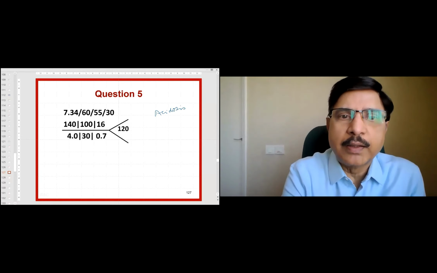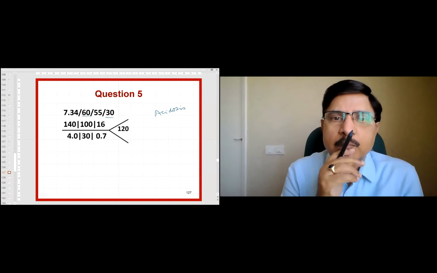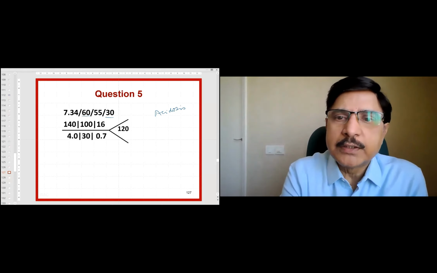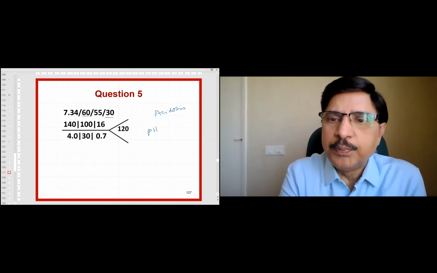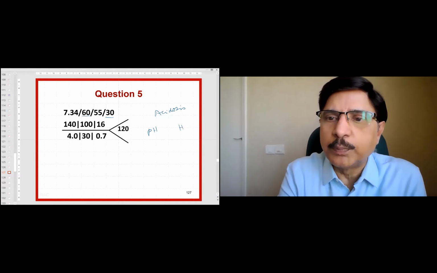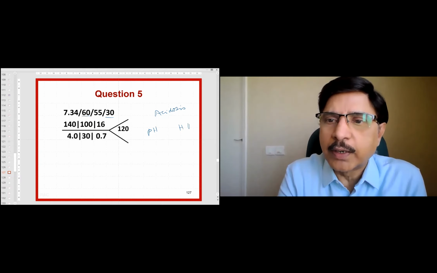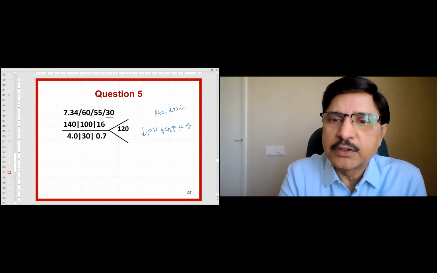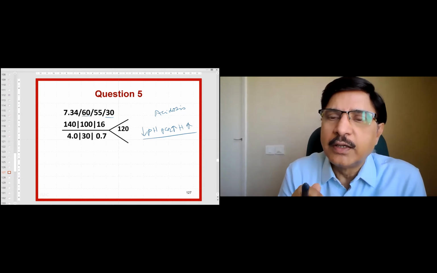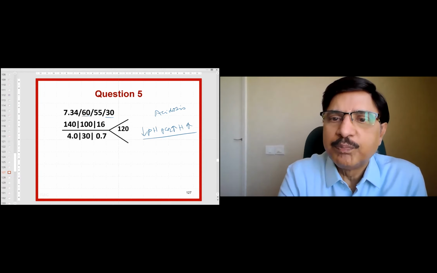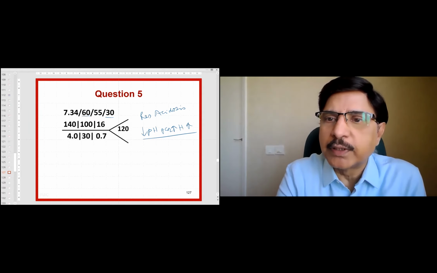Then what are the variables like? When the pH is down and PCO2 is 60, the bicarbonate should be down if it is metabolic. But here bicarbonate is up, PCO2 is also up, and pH is down. This scenario is respiratory, isn't it? Yes, sir. So we write respiratory. Then the problem is again acute versus chronic, which we have to decipher.